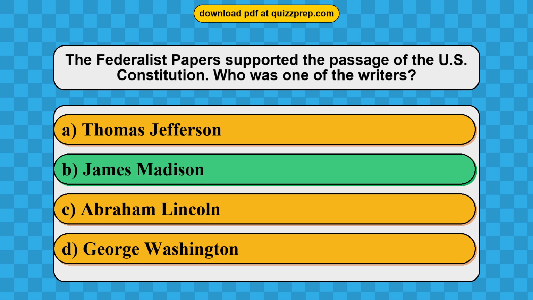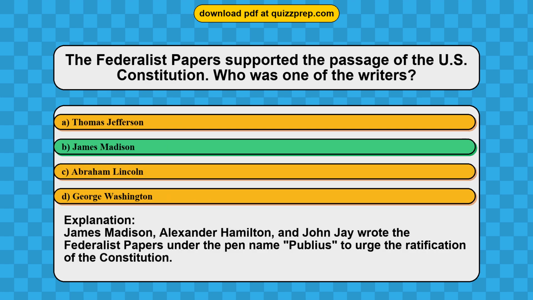James Madison, Alexander Hamilton, and John Jay wrote the Federalist Papers under the pen name Publius to urge the ratification